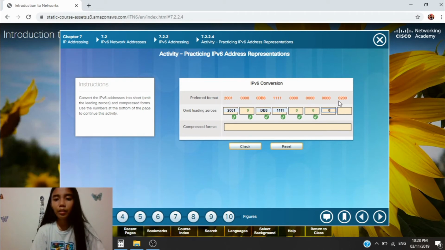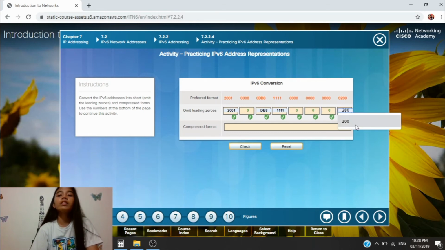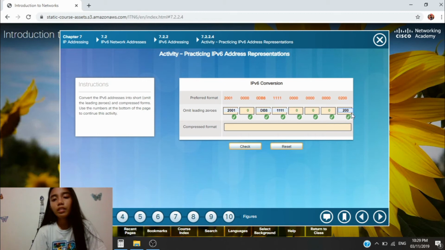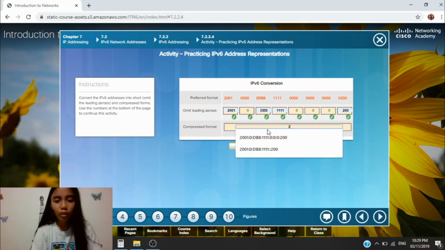And again, if the first number is 0, we don't include it here in the leading 0. So for the compressed format, we'll just copy this omit leading zeros and we'll put